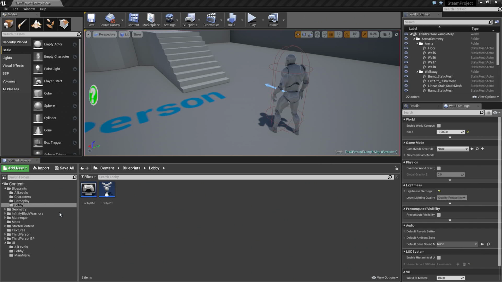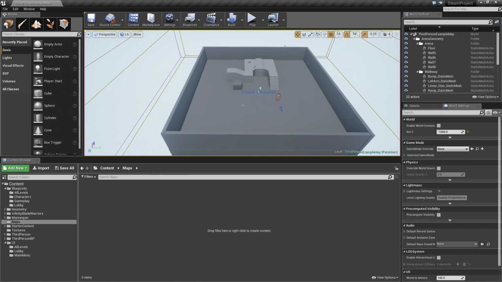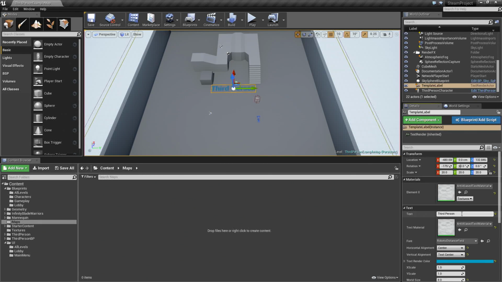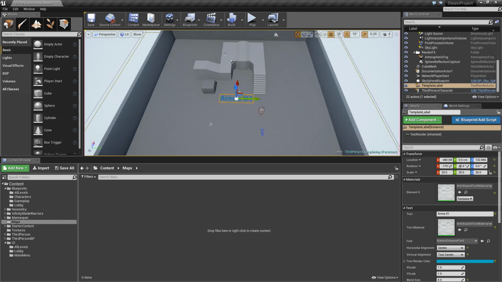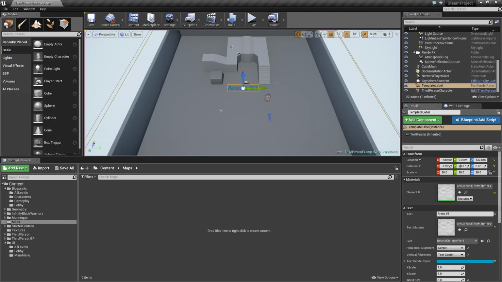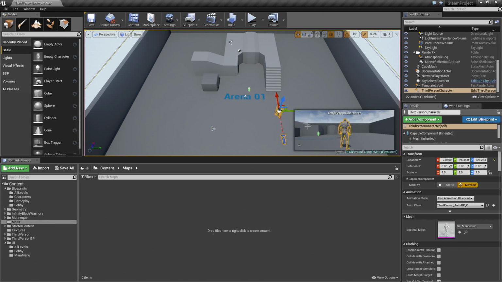We do need to create some maps. So for the maps, what we'll do is, first of all, clone this existing map that we have. So we have a map here right now, the third-person template. What I'm going to do is select this text here and go to the details panel. And over here, we'll say this is Arena 01. This is just a placeholder map to demonstrate how you can choose between different maps. So we're not going to do any level building. We're actually just going to change the name so it looks a little bit different.